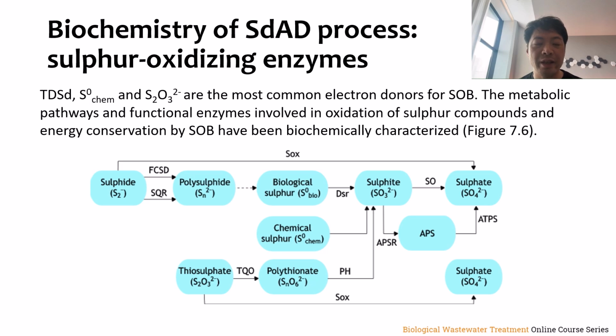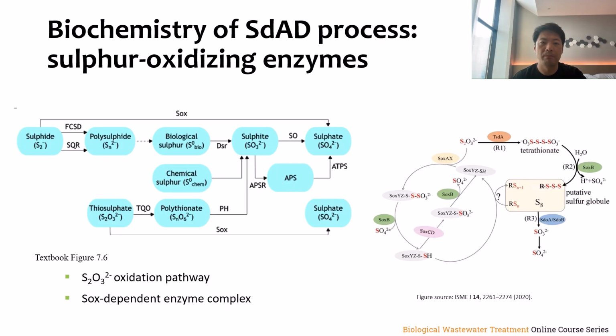The oxidation of sulfite involves either the sulfite oxidase, transferring electrons to cytochrome c, or, in sulfur chemolithotrophs, using APS reductase in reverse activity. Thiosulfate oxidation can occur through a SOX-independent enzyme system that initially forms